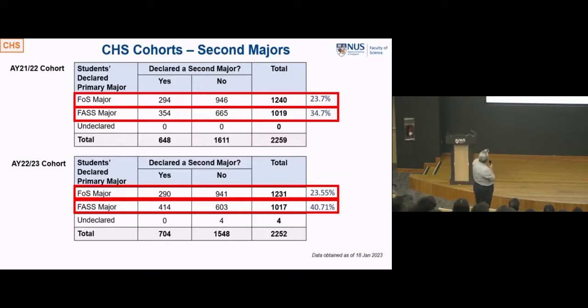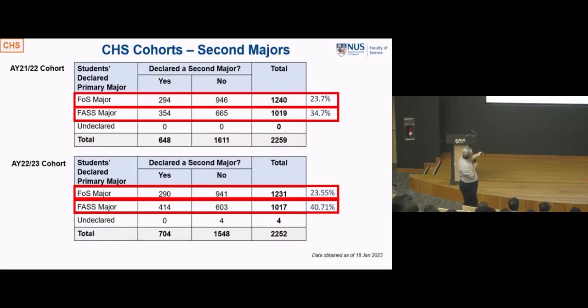This is the first, 2020. These people are in your third year now. This is the people in the second year now. You are the ones coming in your first year now. Let's see whether this is the kind of numbers. How many of your third year people now, your seniors, are actually doing a second major? Look at this. Those who are science primary major, about a quarter of them. About a quarter. 1 in every 4 science students now in their third year is heading for a double major. Okay, FASS got slightly more.